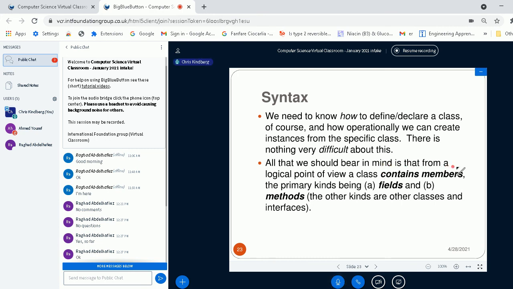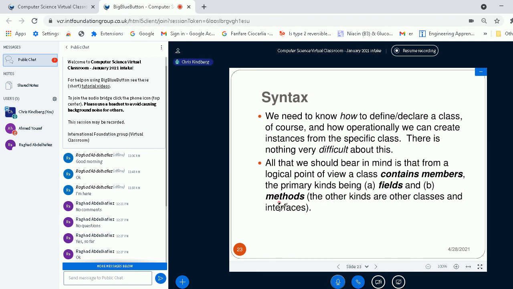Members, which are variables of a particular type, like integer variables or string variables, and they're often called fields. Fields. And secondly, methods. I mean, you could actually include other things within a particular class, because you can actually contain other classes.